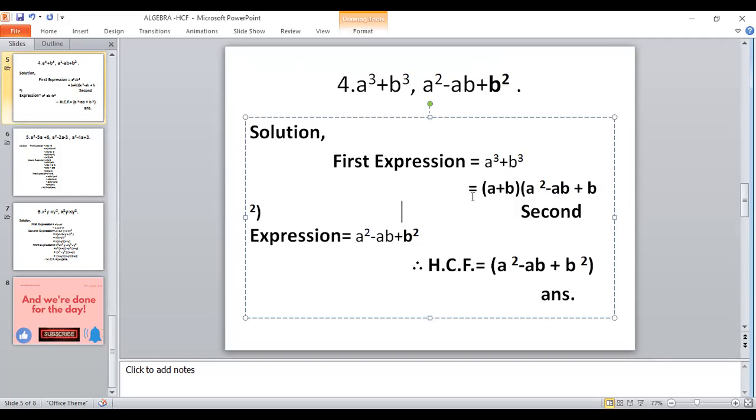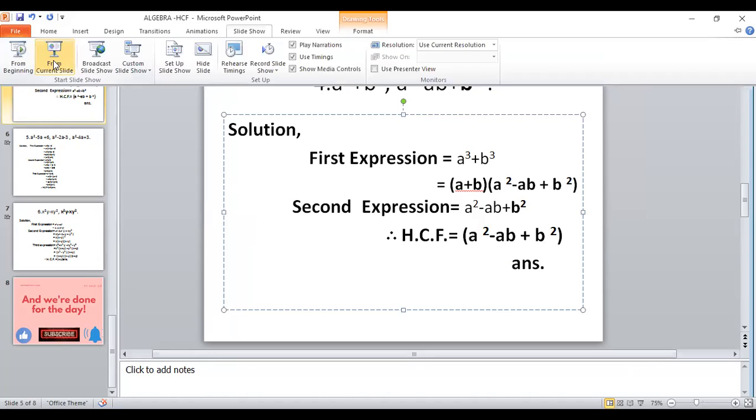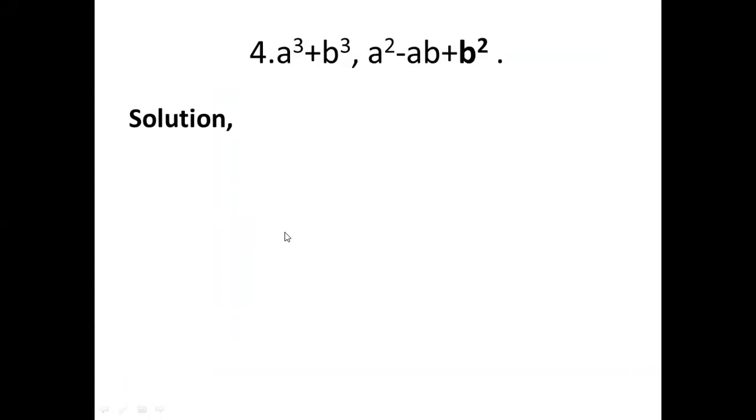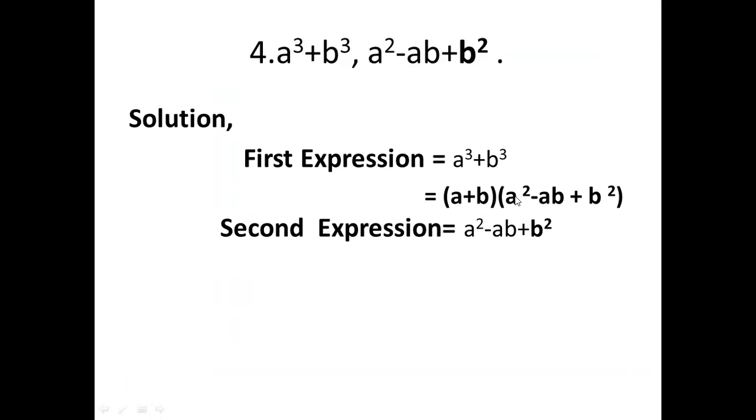Okay, there must be a plus. I just showed you this formula: a plus b means a square minus ab plus b square. Then the second expression is a square minus ab plus b square, and this expression itself is the answer,